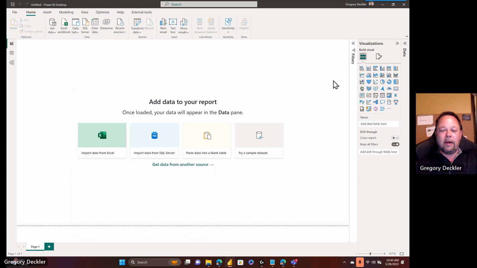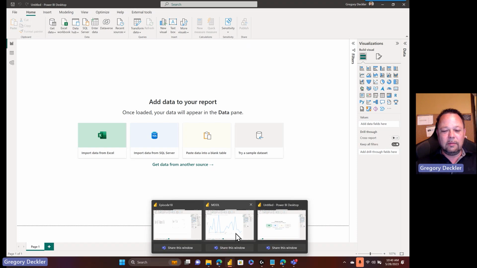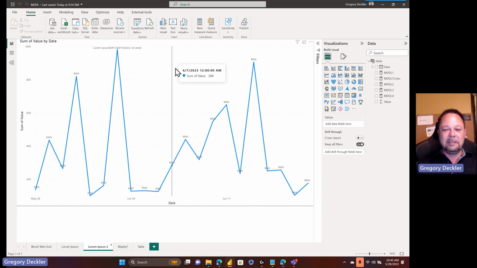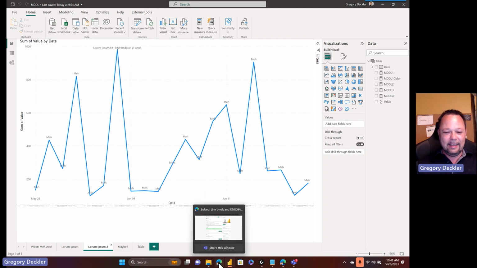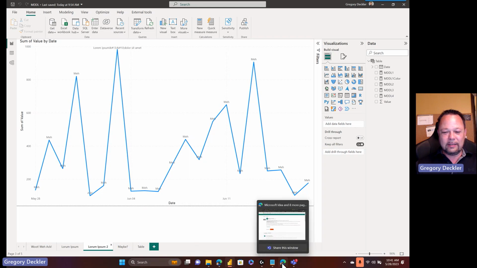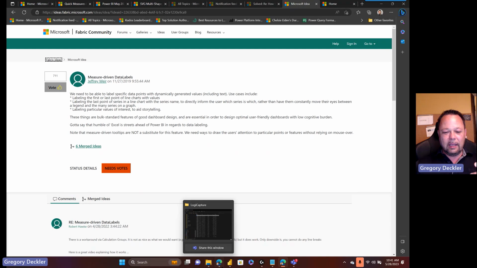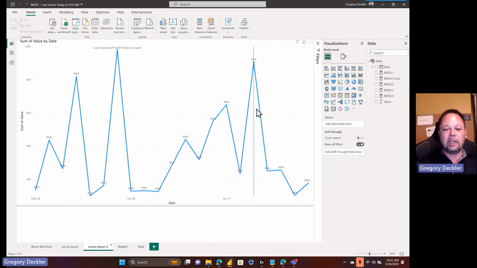So, all right, to close this out, Jeff Weir, I am glad you got your measure-driven different data labels. I don't know that it's fully baked; it seems more like a preview feature to me. But it does do what the idea originally said, which was, hey, we just need to call out some points, like the last point on a chart, or the max value, the min value. Again, there are some major limitations with it.